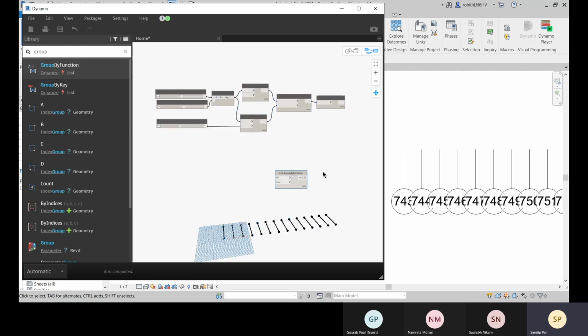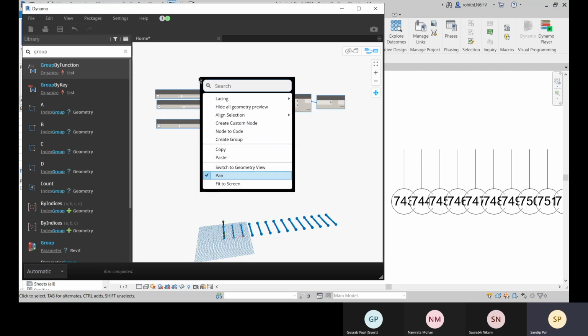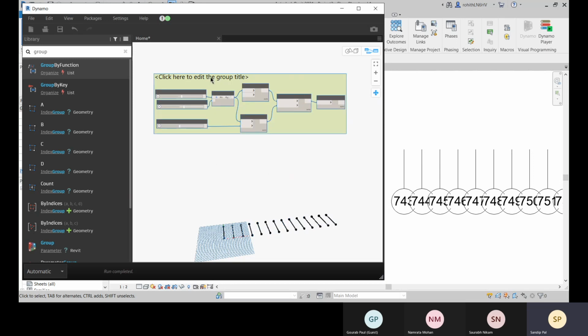Let me right click and create group. So let me have a title over there, like vertical grids.